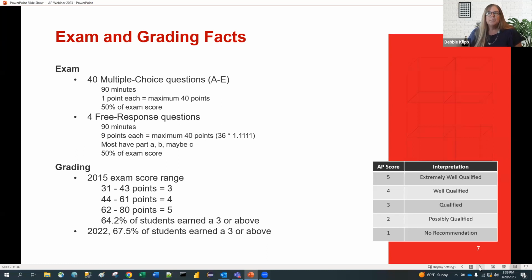All right, first things first is the exam. I'm sure you're aware that the exam is in 2 parts. The first part that you will take is multiple choice. Every subject is different, and Computer Science A happens to have 40 multiple choice questions. The questions have answer choices A, B, C, D, E. You will have 90 minutes, an hour and a half, to answer those